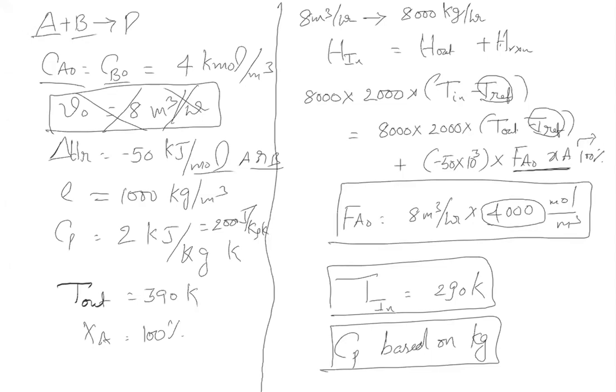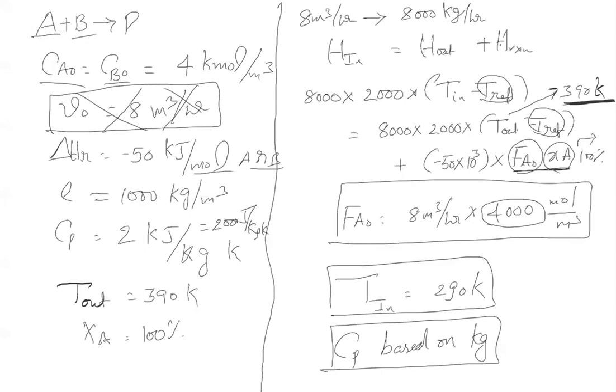See, I'm solving completely. No, what is left? What is left for you to solve? Just substitute 390 here and solve this mass. So what next? What is there to solve? I put given FA naught. XA is also given. So your T outlet is 390. Then you solve this mass only. No. Delta H negative means it is heat releasing.